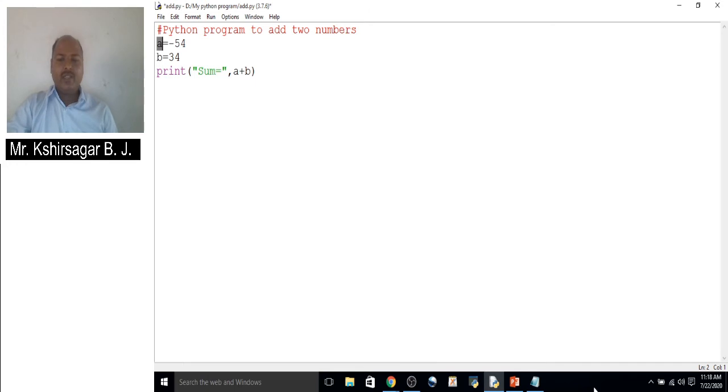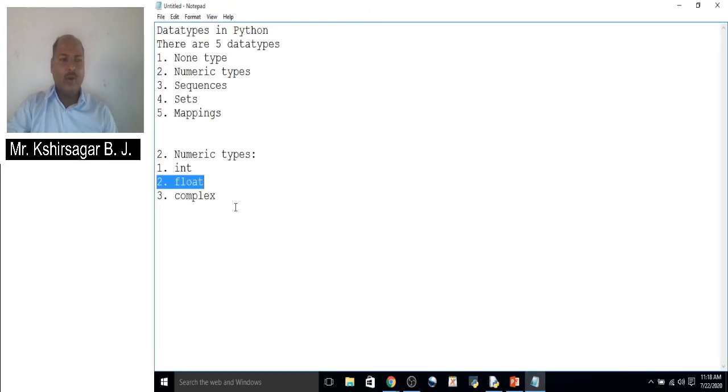Now we have to see the second data type, that is float. What is a float data type? The float data type represents floating point numbers. A floating point number is a number that contains a decimal point.